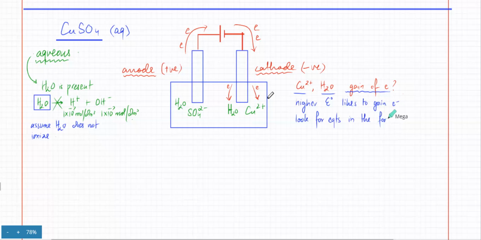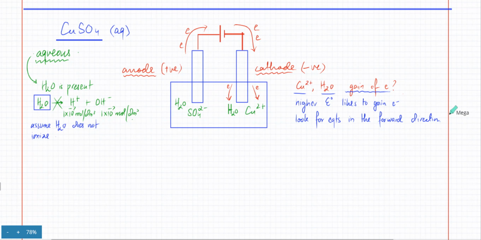In the forward direction. What that means is that over here, like previously, there is no choice. They have to gain electrons because the battery is sending electrons. So the reaction would always be going in the forward direction. So it's either copper 2 plus or H2O. So I'm going to write down all the electrode reactions where you have copper 2 plus and H2O